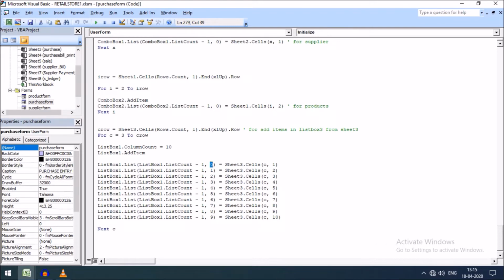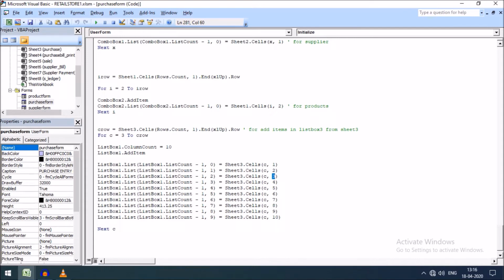In the first column of the list box, that is index 0, will be assigned the first column of sheet 3. Similarly, the second column of the list box will be assigned the second column of sheet 3. Similarly, the third column of the list box and the third column of sheet 3, our purchase sheet.